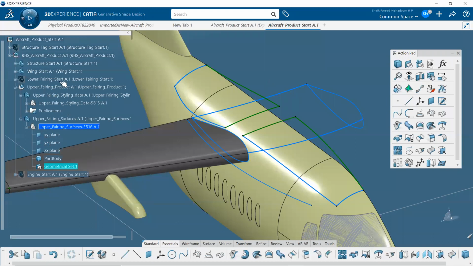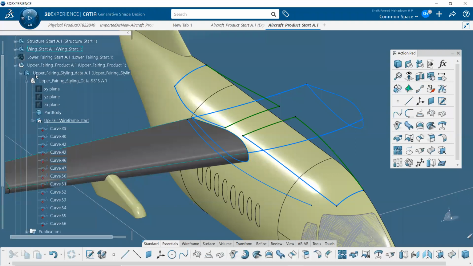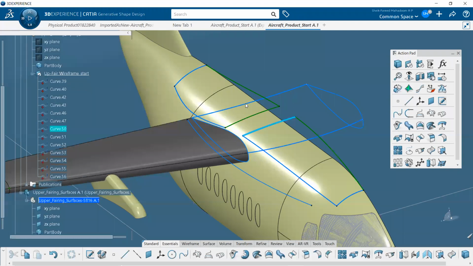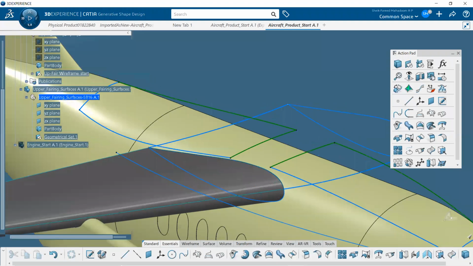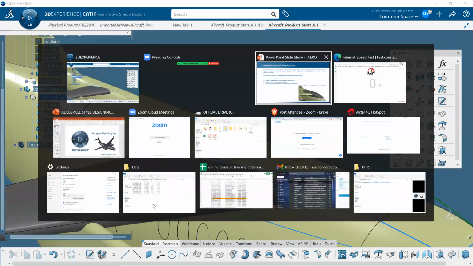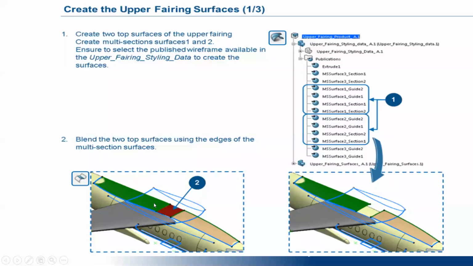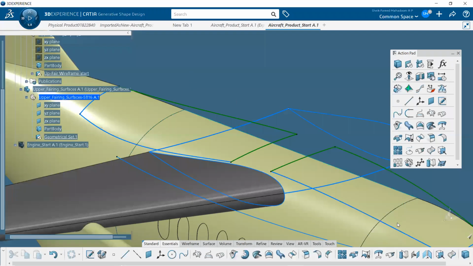When there are multiple curves and multiple things, we'll create it one by one. So first let's develop the surfaces over here. We have one profile over here and one profile over here. Let's generate the surfaces by using the multi-section tool. I need to create the surfaces between the two profiles.